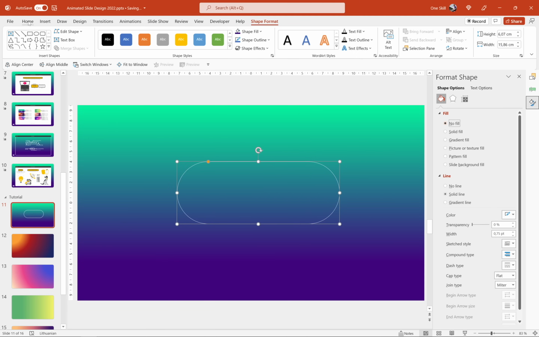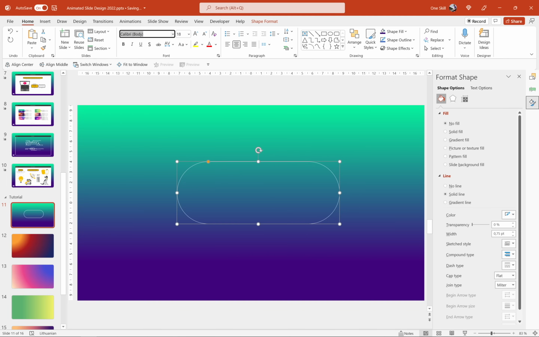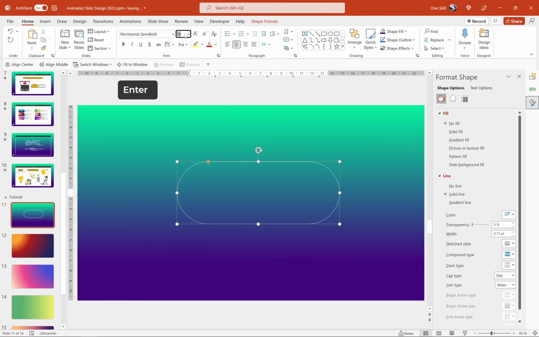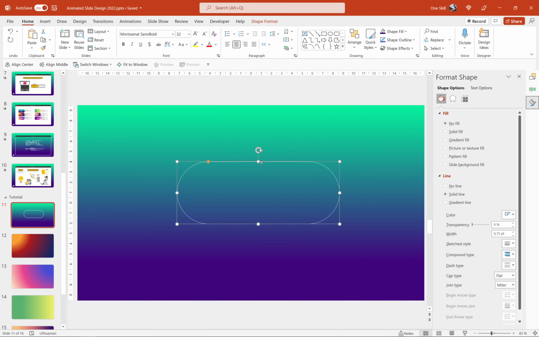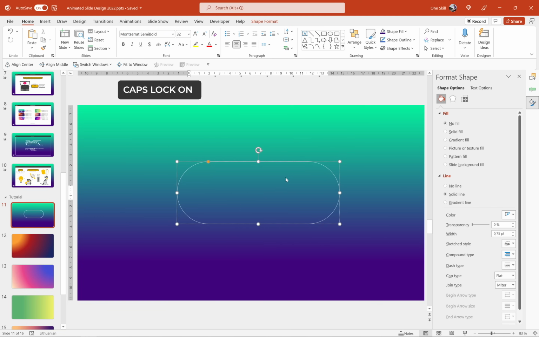Okay. Let's go to Home, and for the font, let's use Montserrat semi-bold. Here it is for the font size 32. Let's make sure the font is center aligned, just like that, and it's in the middle, okay? And now we can type in anything that we wish, just double click or just right click and choose Edit Text. Let's just hit Caps Lock and let's choose, for example, your,